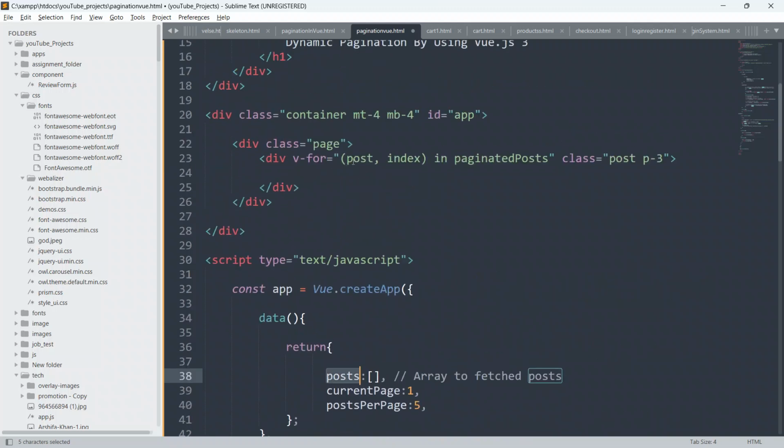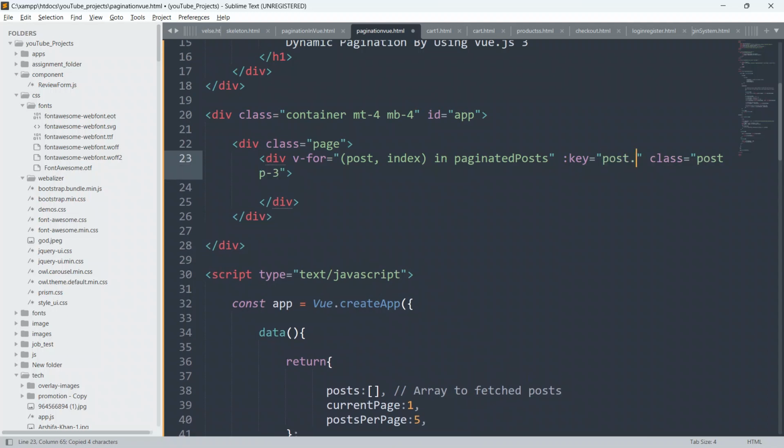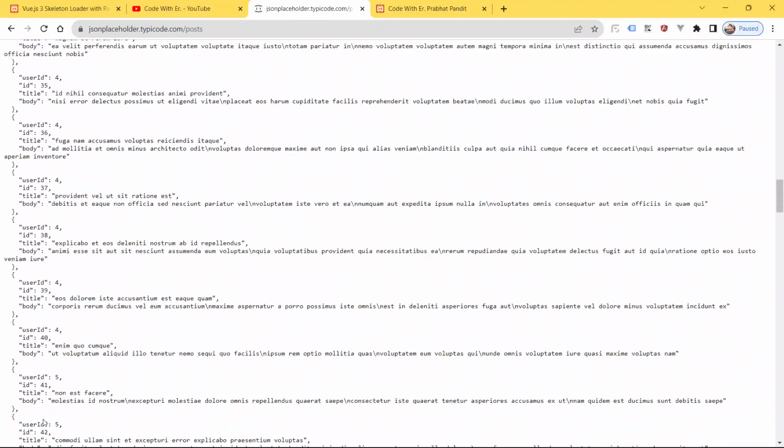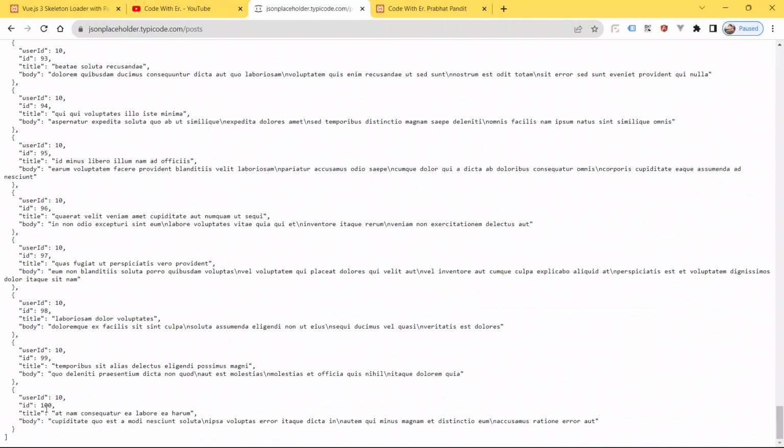So I'll give the key attribute also. I'll say key equal to post.id. As you can see here, each and every post has got an id: id 1, id 2, id 3, id 4, id 5, id 6, id 7, id 8, up to id 100, 99, 98, 97 and 96.